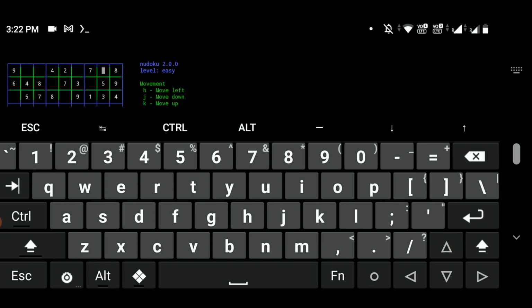As of now you can see I have my phone in landscape mode, so it is having some issue making it full screen, but when you play it in portrait mode, it will run fine, and you will have proper space for your keyboard also. You can use Sudoku for playing the famous Sudoku game. I don't know the game rules because I never played it, but I found that it is one of the most famous games all across the world. Just play it on your Termux app and enjoy. Now let's go to our next command.